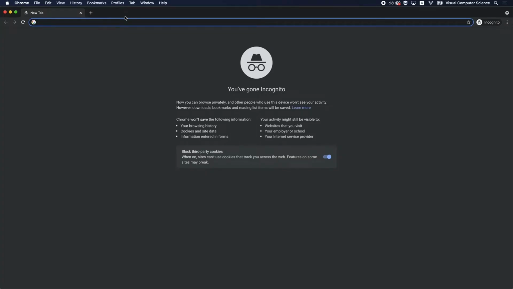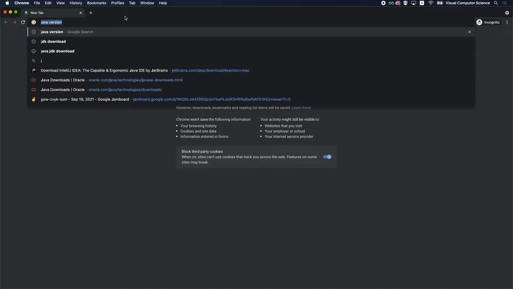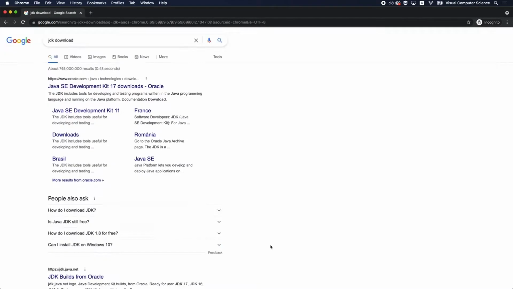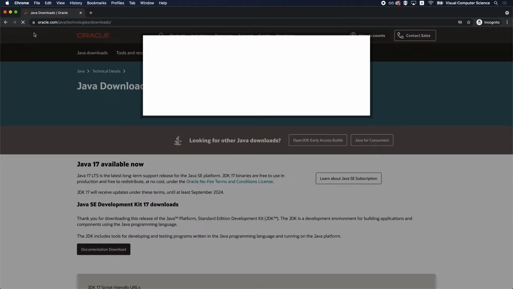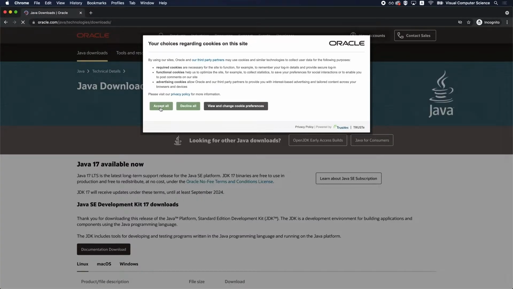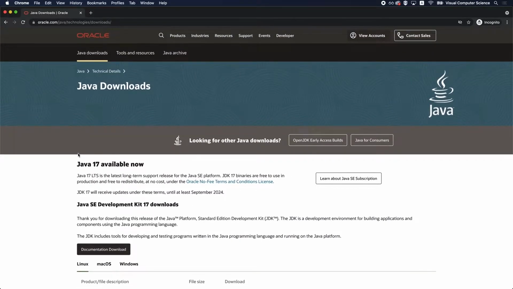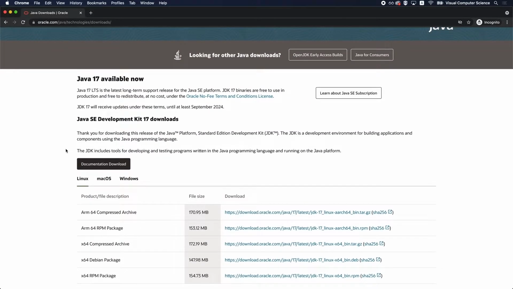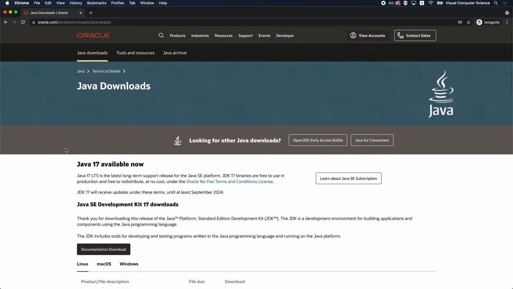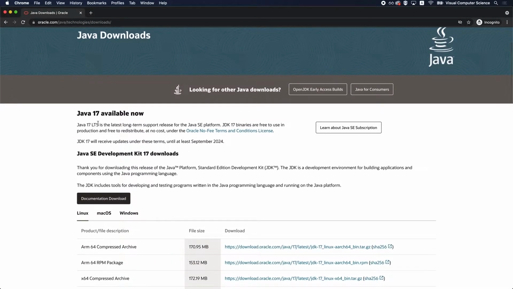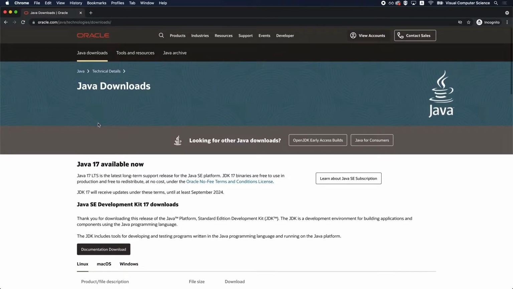So to be able to install a JDK, we just have to type on Google JDK download, and we just need to go on the first link, which is the one that belongs to Oracle, which is the company that maintains Java. And on this website, as you can see, we see the Java 17 version, which has just been released in September this year. And this is not a page that we're looking for because we want to download maybe an older version of